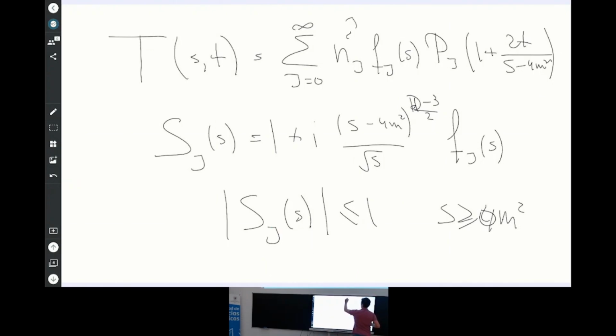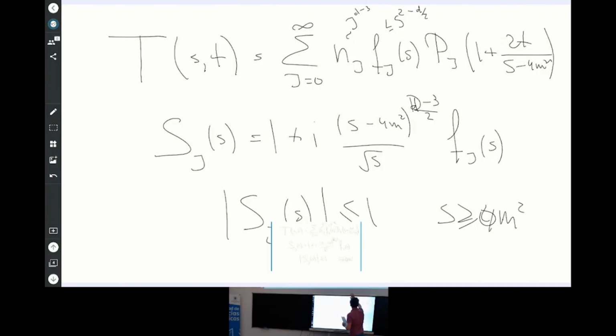This behaves as G^(D-3). This is bounded by some power of S, in my conventions maybe 2 minus D over 2. And for Legendres, you can also use some bound. I will write it. And then you just see that if you,